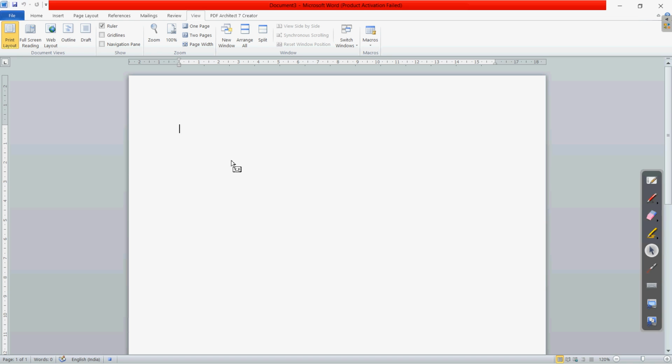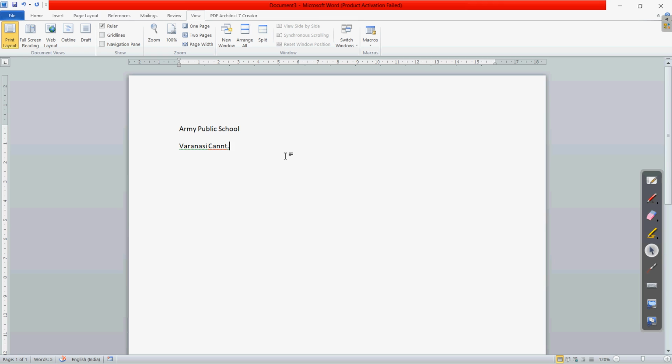Now whatever address you are writing here, suppose I am writing this address. Here it is, I have written the name of the school, then you can write the pin code if you know it. Suppose this much is the address we want to write. After writing this, there is a Stop button, which will stop the recording. Click on this. Now this macro is saved.